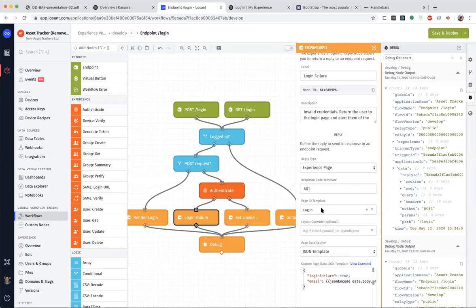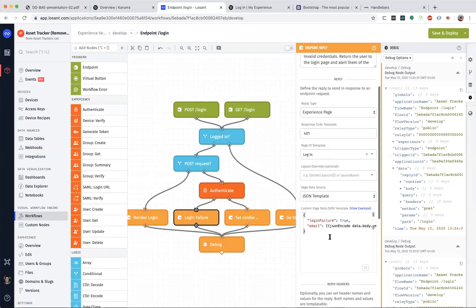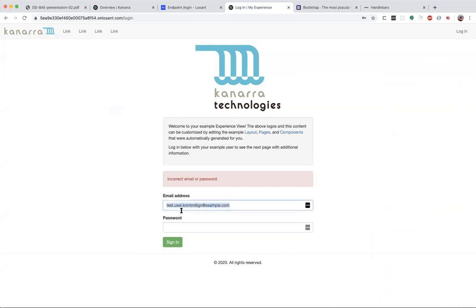Here we are, right back to the login page. And we're also going to provide some additional data to say that the login failed. And we can go ahead and return them the email address also, which allows us to pre-populate that field that they entered right there. Now, when login succeeds,